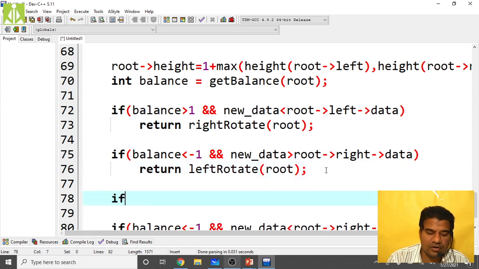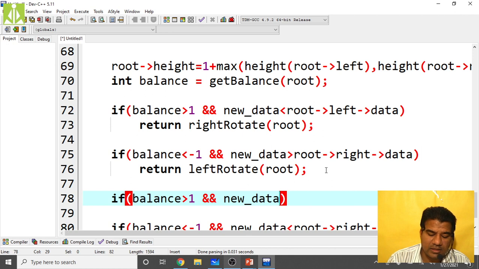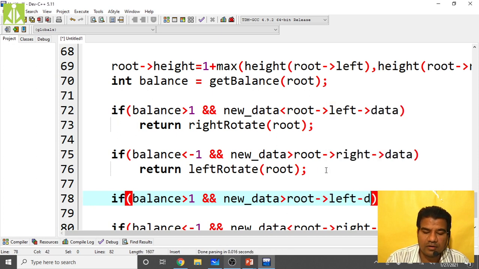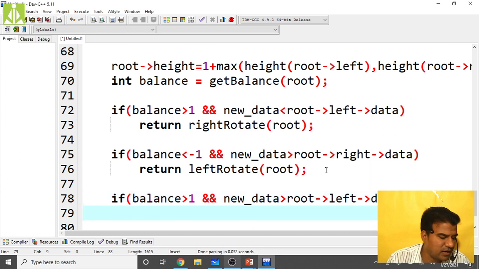So here, if at all the balance factor is greater than 1 and new underscore data is greater than root of left of data, if this thing is satisfying, then we have to do twice.